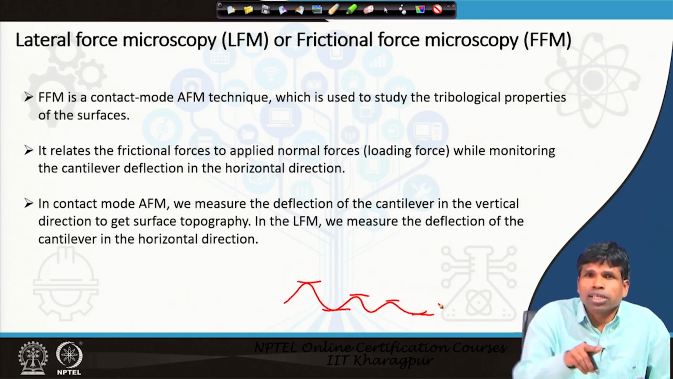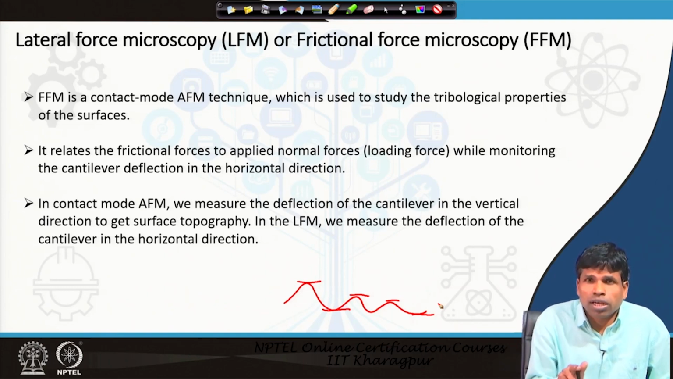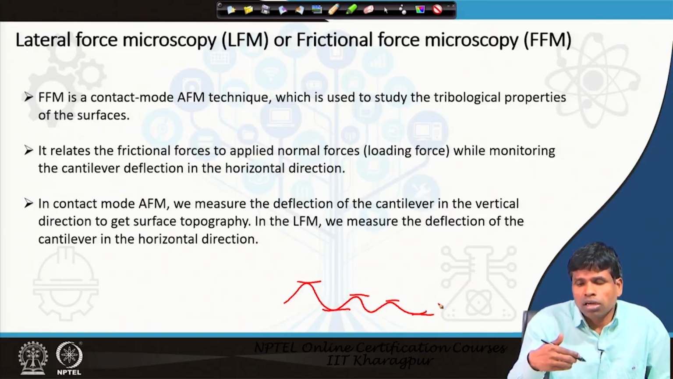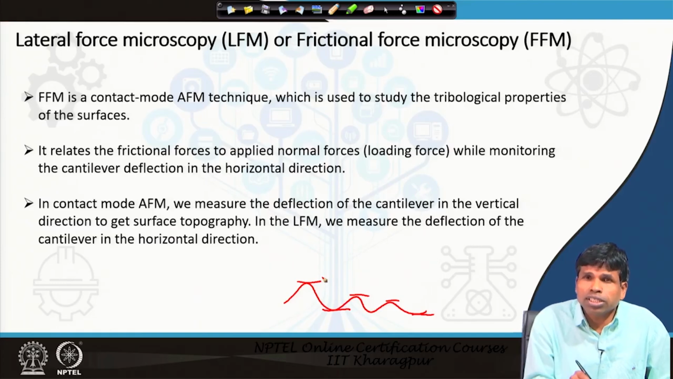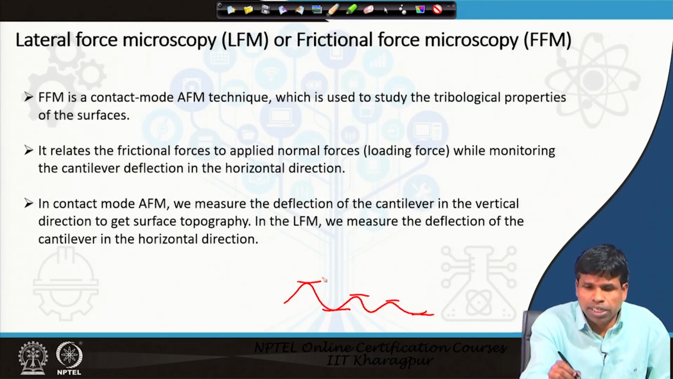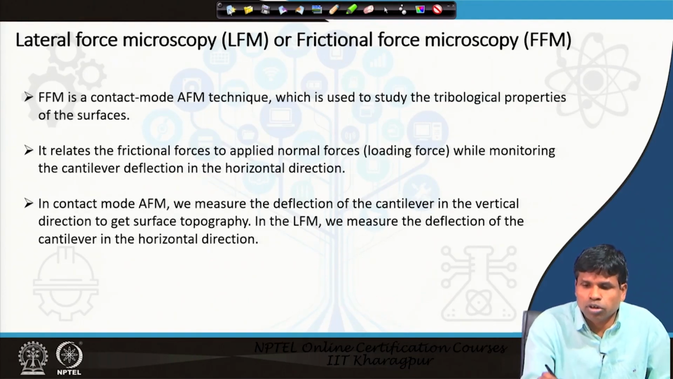In addition to that, remember in AFM, in a regular topography image, we are not measuring the displacement in the horizontal direction, we are only measuring the displacement in the vertical direction. But when the tip is in touch with the sample, there will also be a lateral force or frictional force that will make the tip bend horizontally, and by measuring that lateral force we can know the friction properties of the sample surface. That is why it is called frictional force microscopy